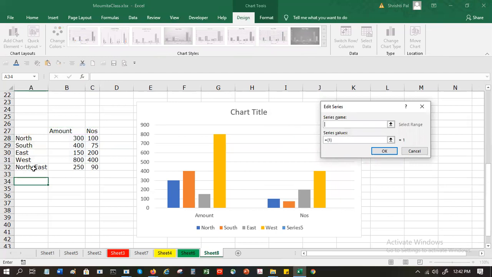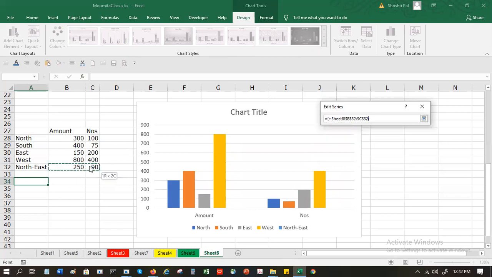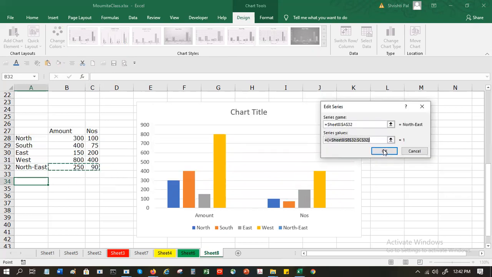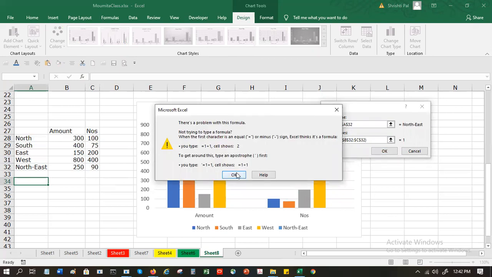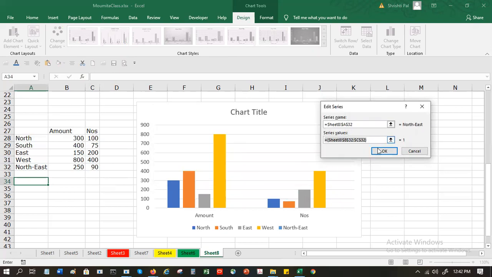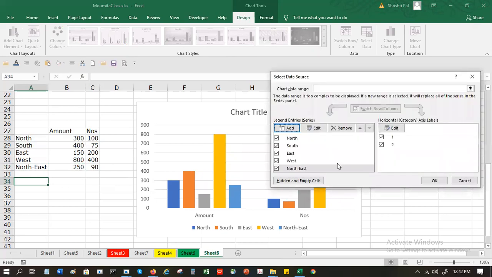Then I choose the series values. So see, my fifth one has got added here, northeast.